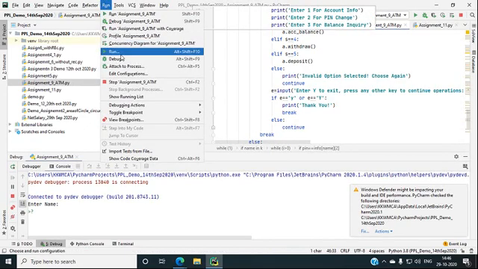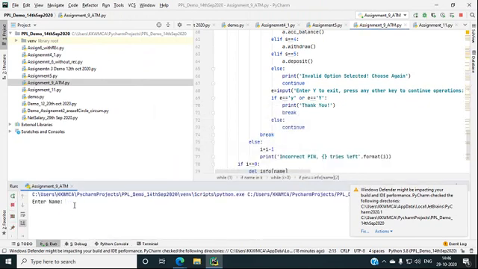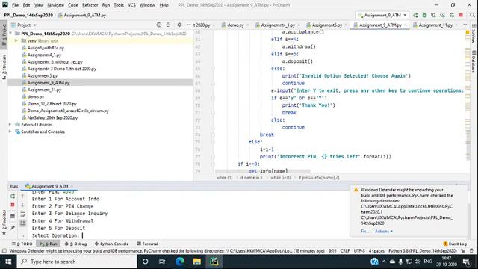Just check it. It will ask for the name, and as I said, the name is already given in a dictionary, so I put the name as ABC. It asks for the pin number, and I put 4545. Then it will show the menu bar. If I select the first operation, that is account information, it will display the account information, that is account number and phone number, which is given in the base class. Then it asks for continuing operations. If I press it again, it will show the menu bar.